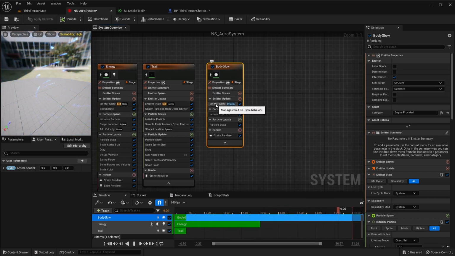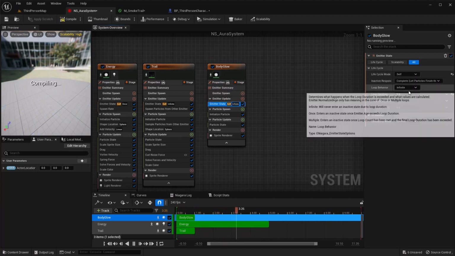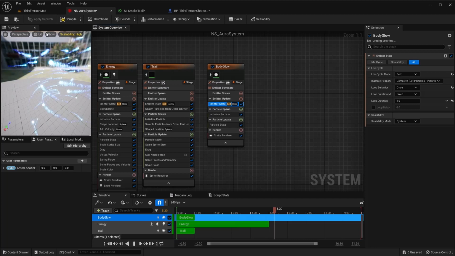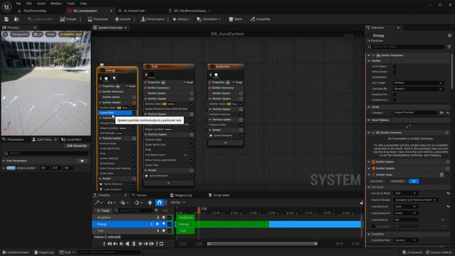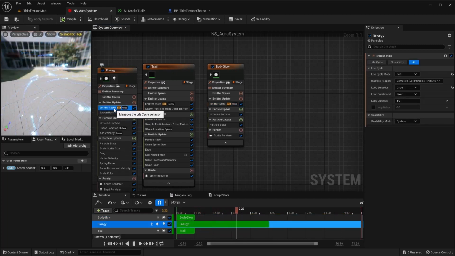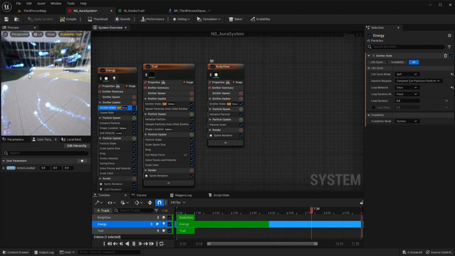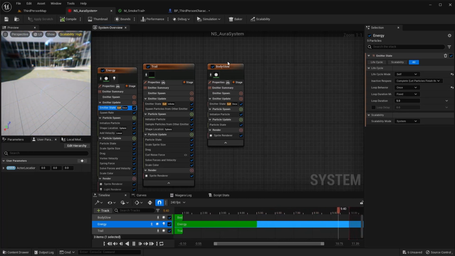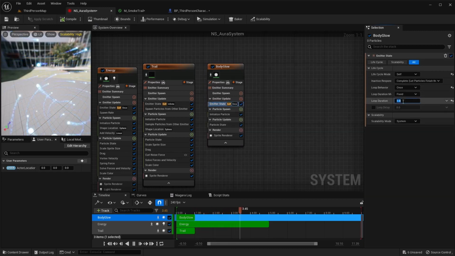So first of all, in the body glow emitter state, we're going to do self and once. We want this to match the loop duration of whatever we set here for the way I'm doing it, but you can have it actually glow for the rest of the time once you obtain an item, or you can have it stop glowing or change its glow. For now, I'm just going to set this to 5 to match it. So whenever it stops, it'll stop glowing.